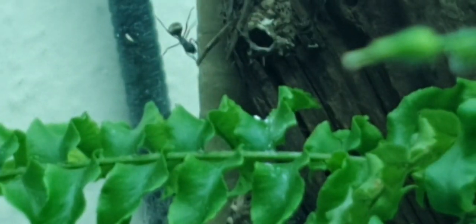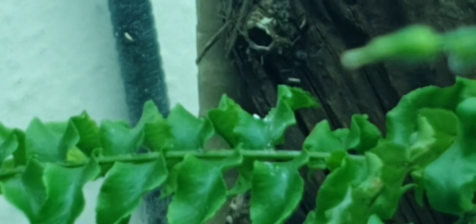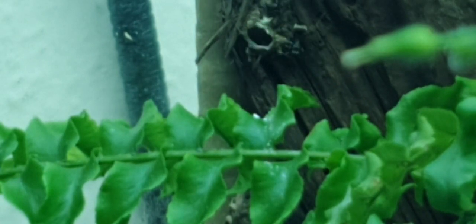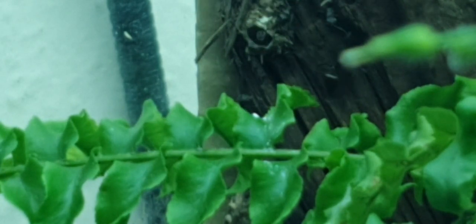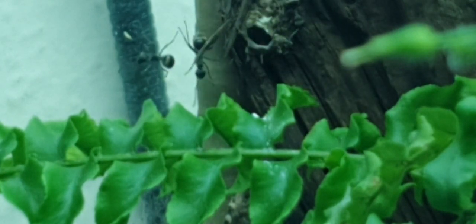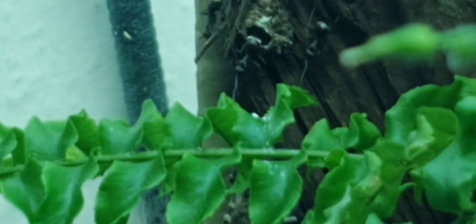Now, taking in all this food, the nest is always busy, and here's a shot of the nest entrance. It's clearly defined with that little hole entrance thing. As I say, it's always busy. Ants either coming or going in or out of it, taking things back, and it's really cool to watch. Nice that it's so exposed and visible,